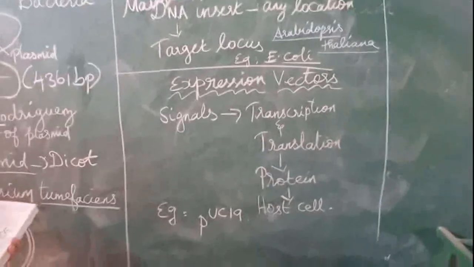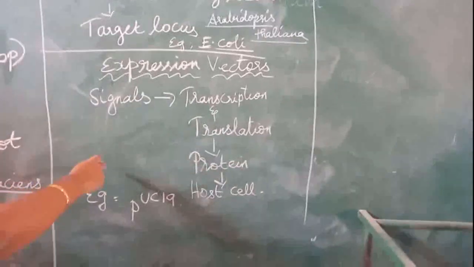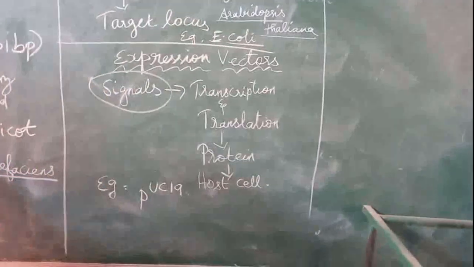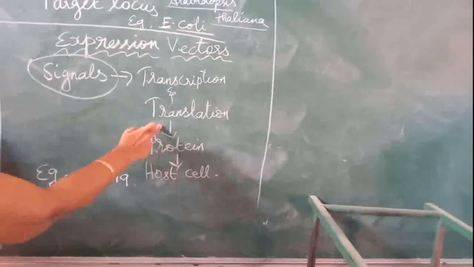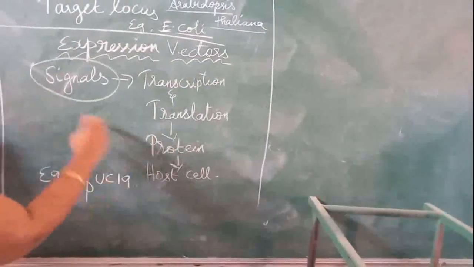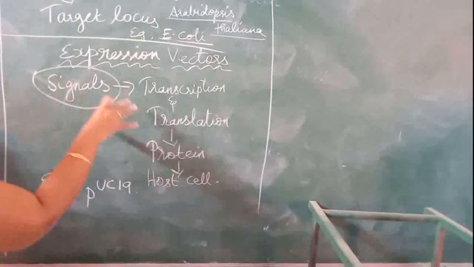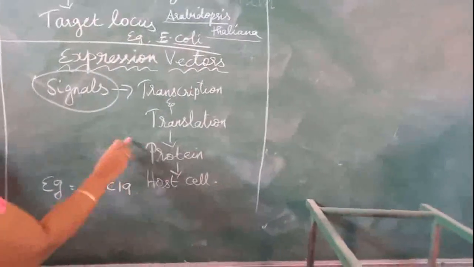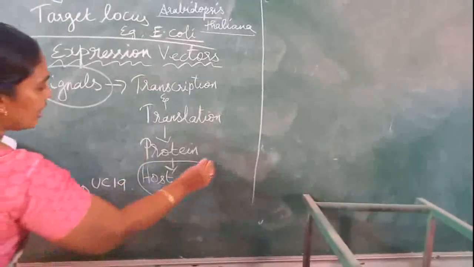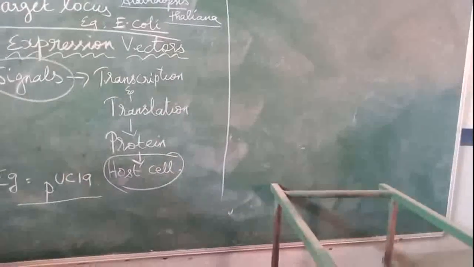And in the next class we are going to see about expression. Already I said, expression means whether the gene of our interest, that is, the foreign gene, is expressed or not by means of some signaling mechanism. It should be in the mRNA process called transcription, otherwise in the translation process, otherwise in the later protein production. Wherever the gene is inserted, whether it is inserted or not is checked by means of the vector called the expression vector. Then afterward, we can confirm whether the host cell has our genes or not.